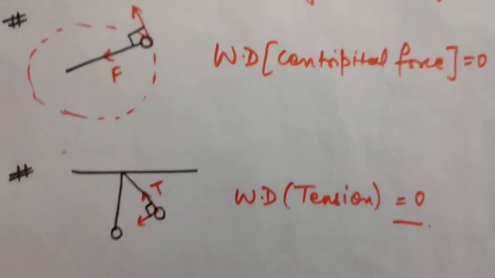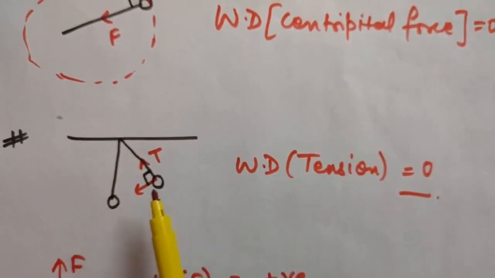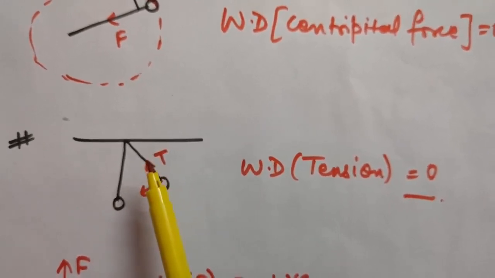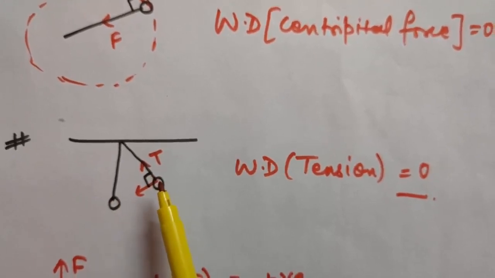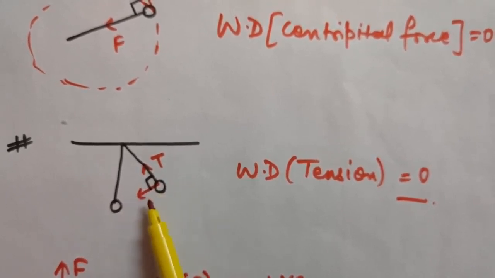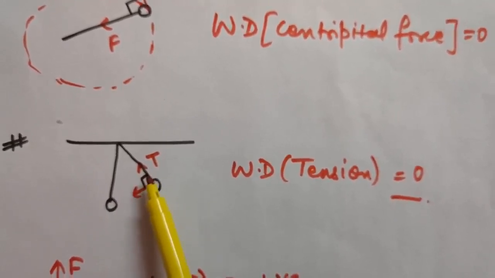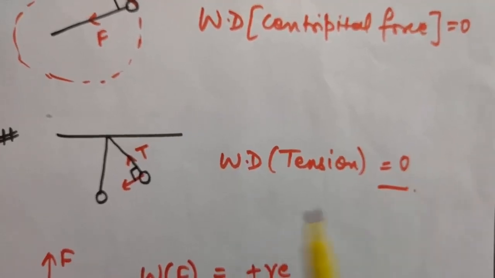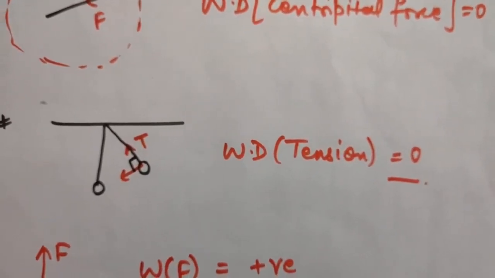Okay, similarly, for a simple pendulum, as you know, this is the simple pendulum, this is the bob. When the bob is, let us say, at any position at any instant of time, this is the tension along the string. So now at this particular point, if this is the extreme position, it will try to come in this direction now. So this will be its displacement vector. So again, the angle between force and displacement vector is coming to be 90 degrees. So that means work done by the tension will always be zero in the simple pendulum because displacement and the tension force are always at 90 degrees.